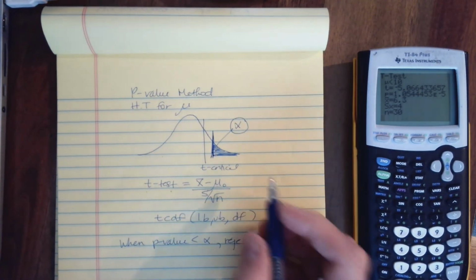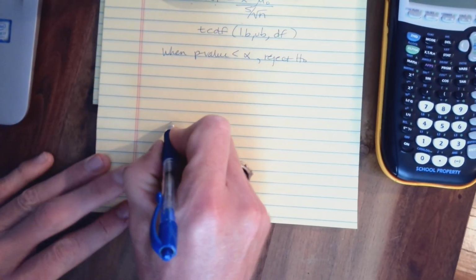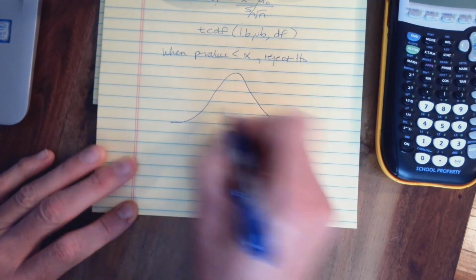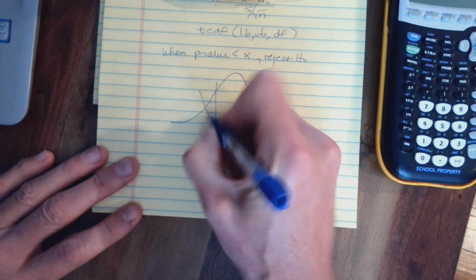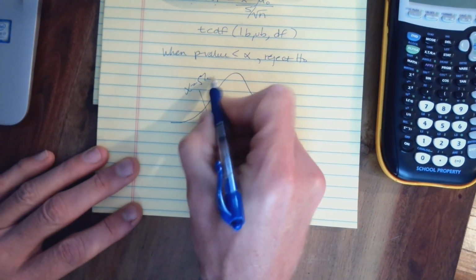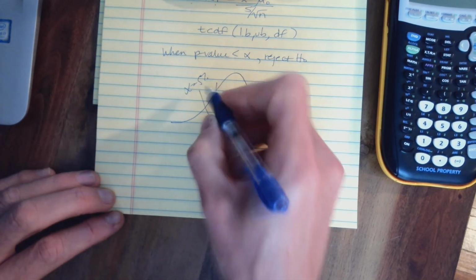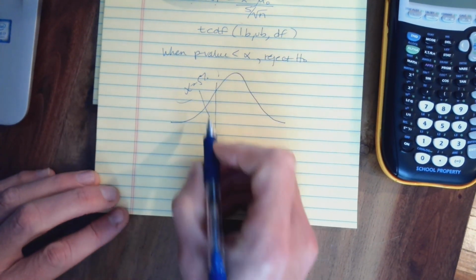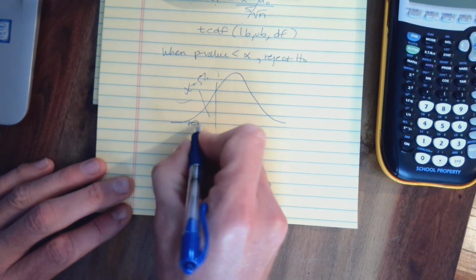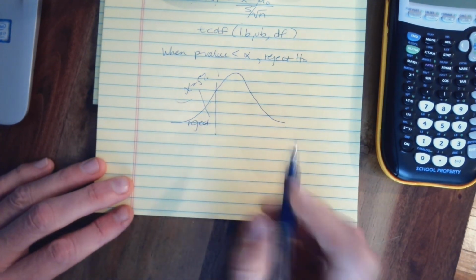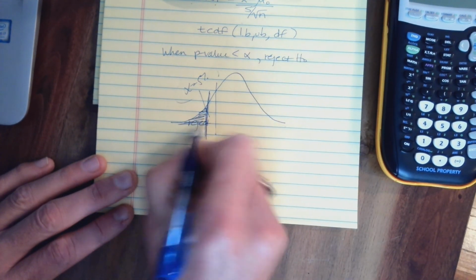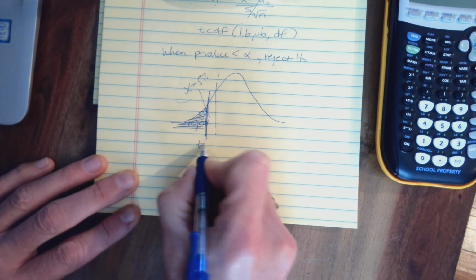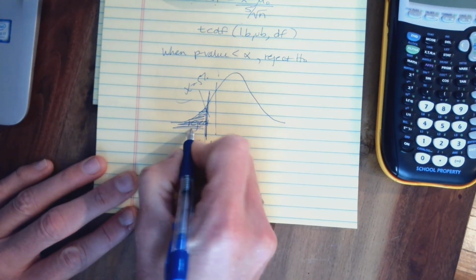Now, if we were conducting a left-tailed test, then of course, if you want to kind of picture how that would work, my alpha is over here, so that's where I'm saying that if a result has a probability that's less than 5%, then I'm going to reject the null hypothesis. So, for instance, if I get a probability so that the area to the left of my t-test value, if that area is less than 5%,